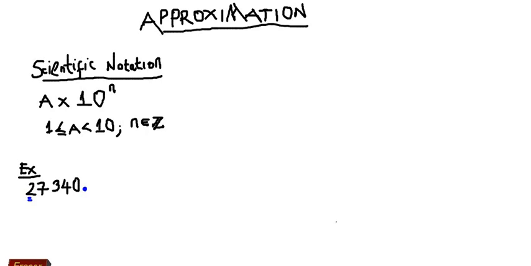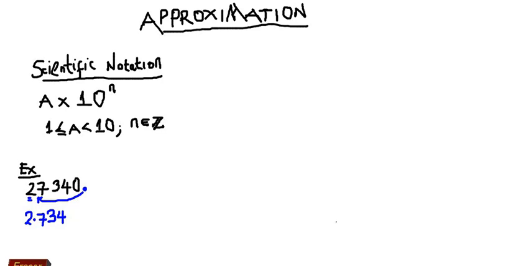So by writing this number in scientific notation, we mean we bring this decimal point after the first significant figure so that it becomes 2.7340. We may include the 0 or not include it. We are going to clarify that. So when we write this number, which was 27,340, as